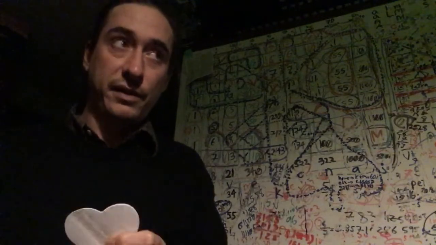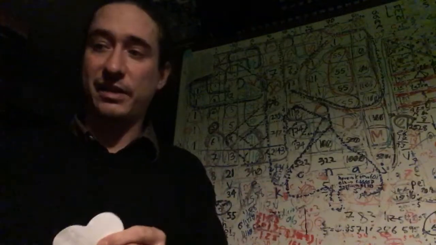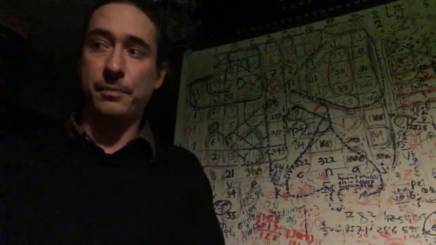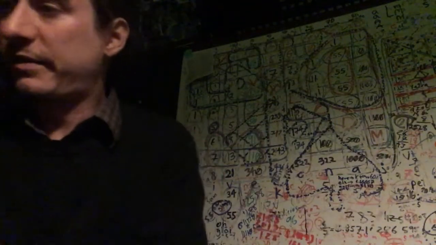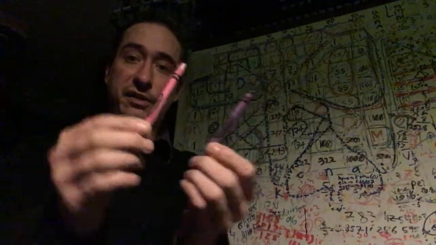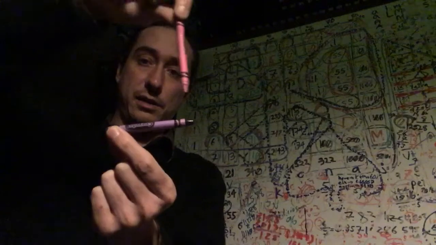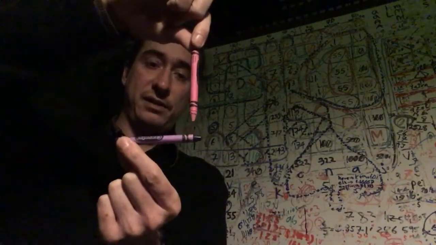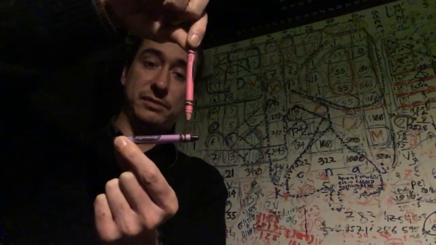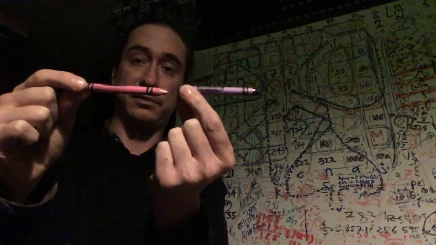So how many different ways are there of using a 1 by 2? Like 2 1 by 2s. Okay, literally, with 2 1 by 2s, like let's think of these crayons as 1 by 2s, you can create a 2 by 2. You can create a 1 by 3 with a 1 by 2 hanging off of it, like an L, right? You can create a 1 by 4, right?